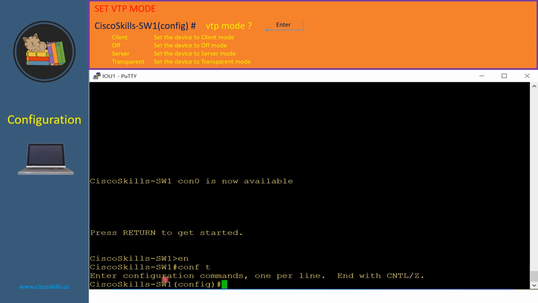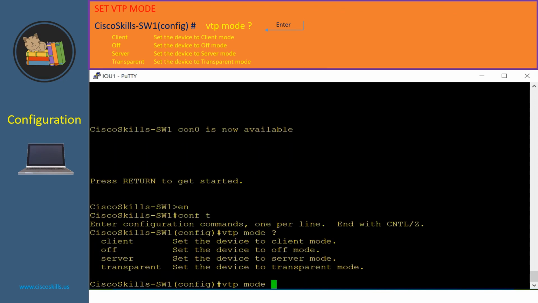Here we are at the configuration mode. Let's issue the command vtp mode and put in a question mark, then hit enter. As you can see, in Cisco Skills Switch 1, we can configure VTP with client mode, off mode, server mode, and transparent mode. Let's set it to transparent mode,